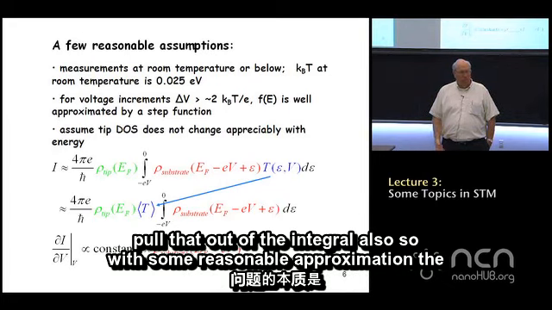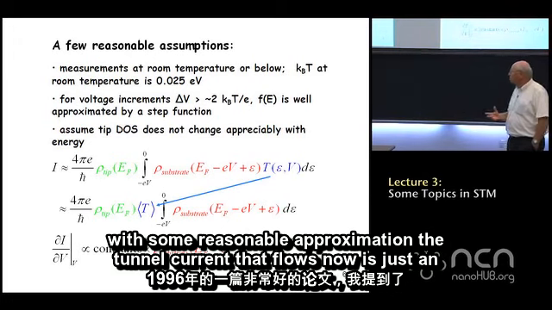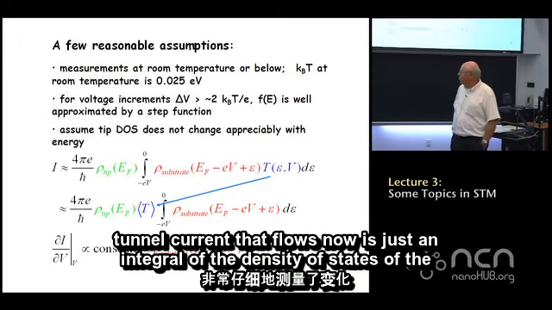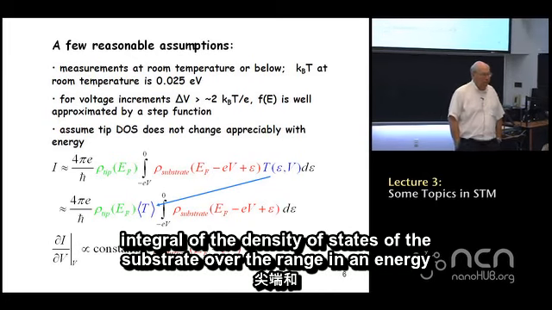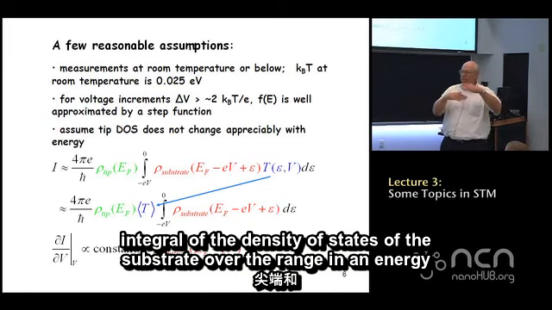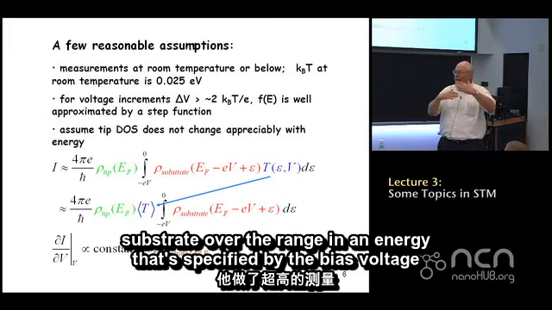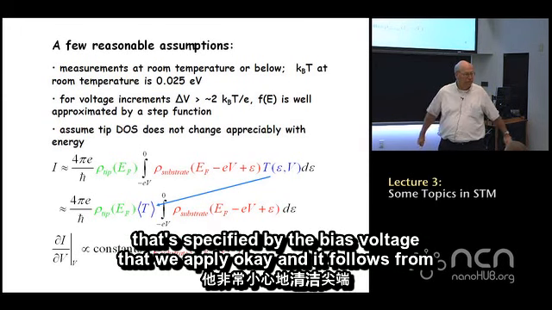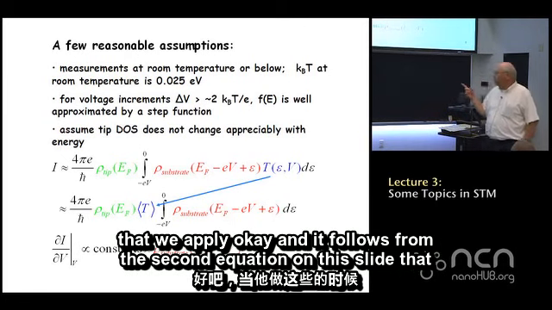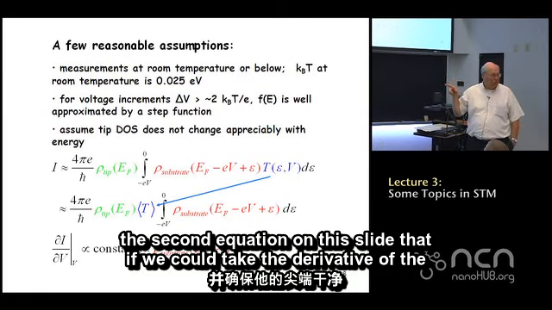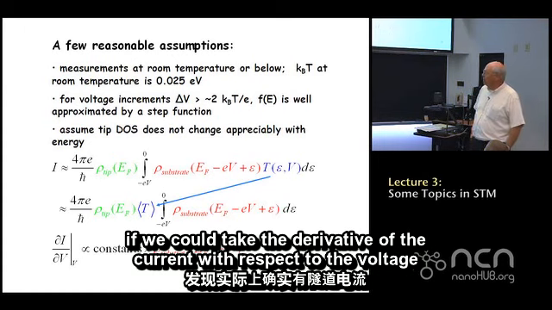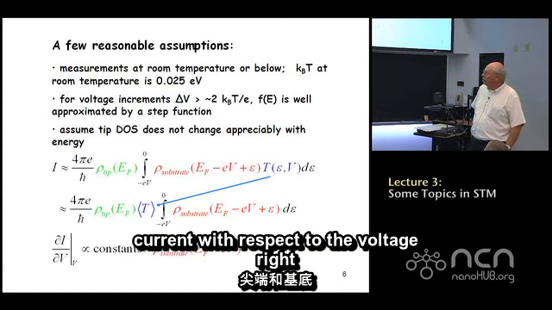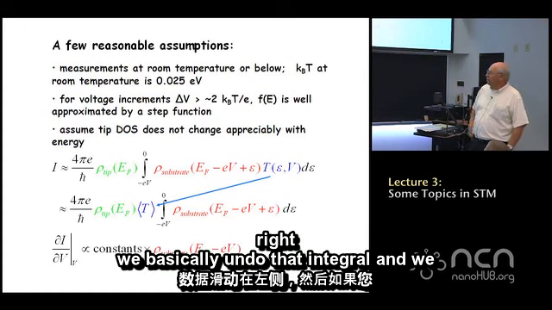So with some reasonable approximation, the tunnel current that flows now is just an integral of the density of states of the substrate over the range in energy that's specified by the bias voltage that we apply. Okay? And it follows from the second equation on this slide that if we could take the derivative of the current with respect to the voltage, we basically undo that integral and we are left with an